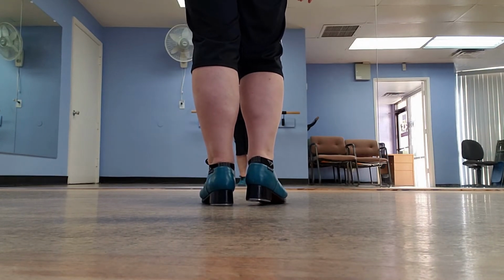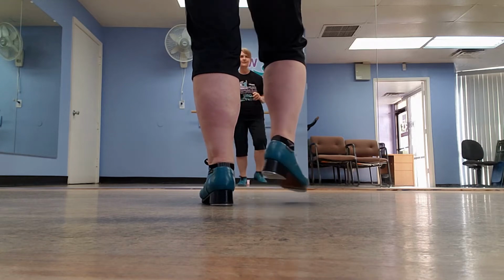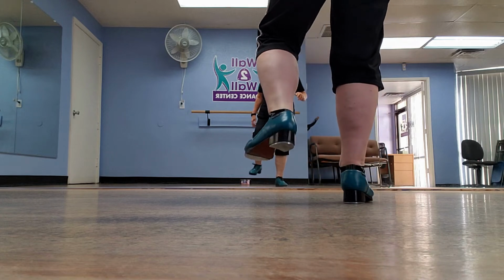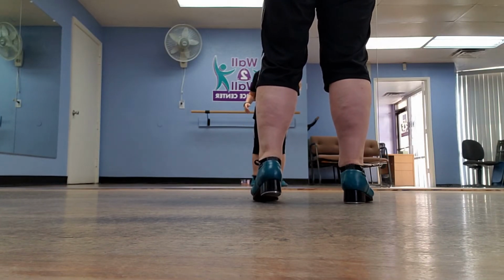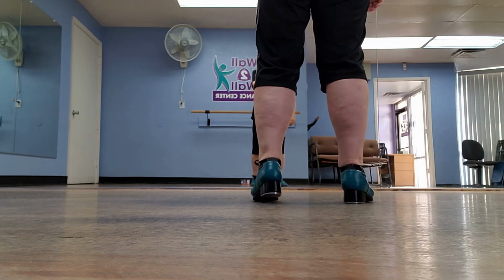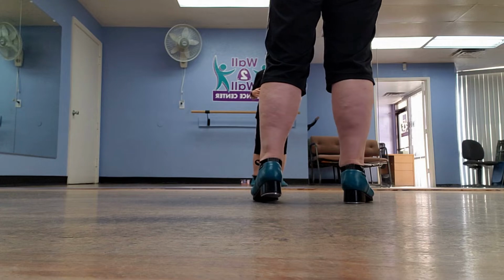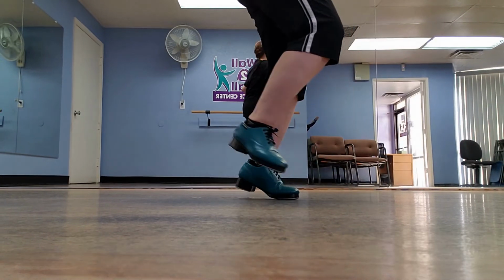From here, you are going to do the break, but you are going to turn while you're doing the break. So you're going to start with that step tip. You're going to step on that left foot, and before that heel comes down, you are going to do a half turn to the right. So you want to think about leading with your right shoulder in order to make sure you're turning correctly. So you're doing step, tip, step, heel step,